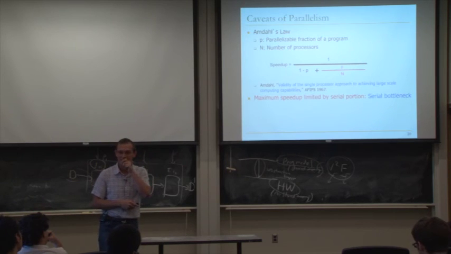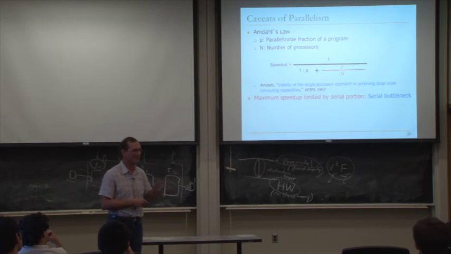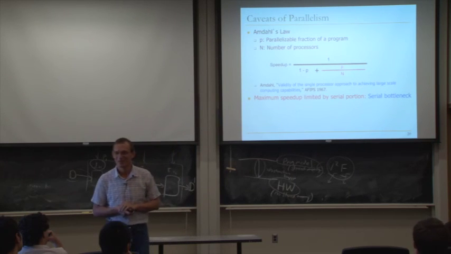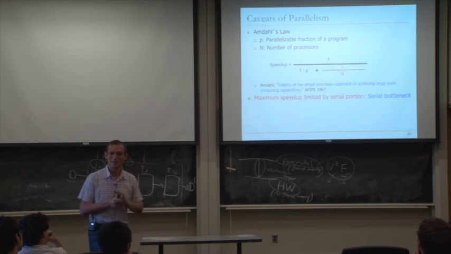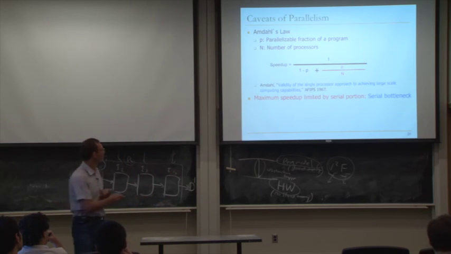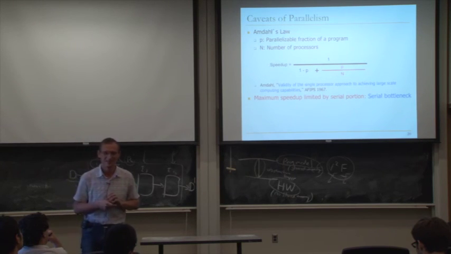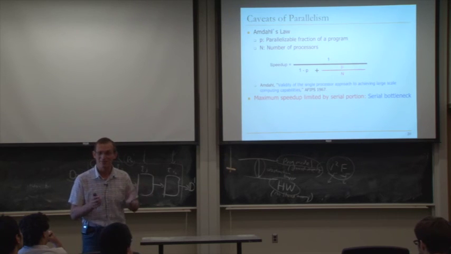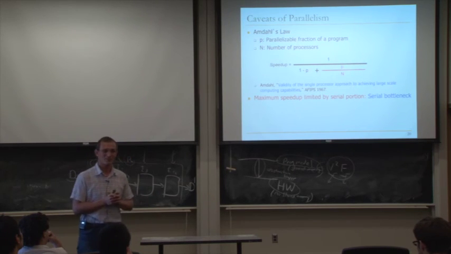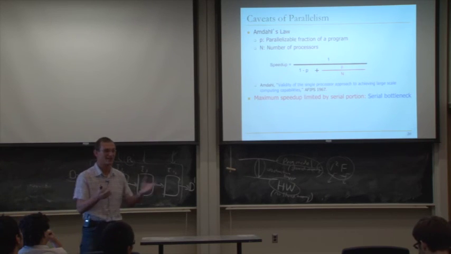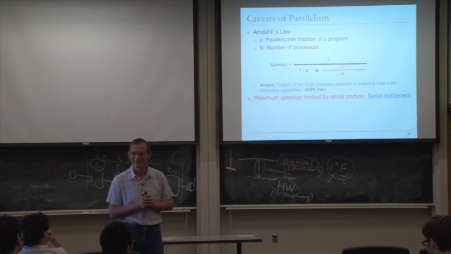Make sense? If your p is, I don't know, 50, your maximum speed up is 2. So hopefully your p is not 50. But when Amdahl wrote this paper, if you can see what the title says, validity of the single processor approach to achieving large-scale computing capabilities, he examined some programs and he saw that p was not close to 99. P was more like 60, 70, 80.